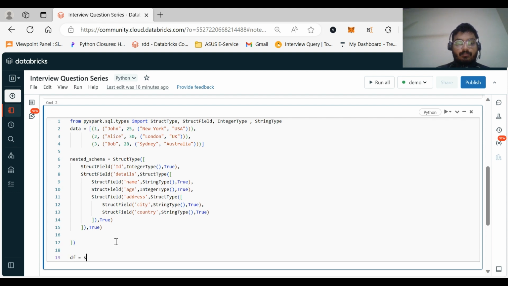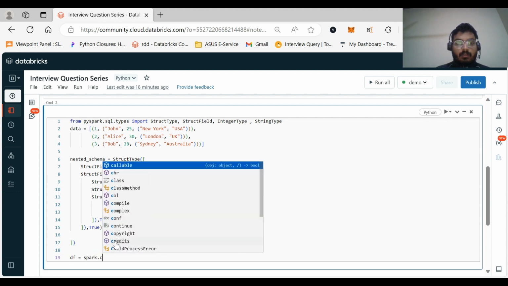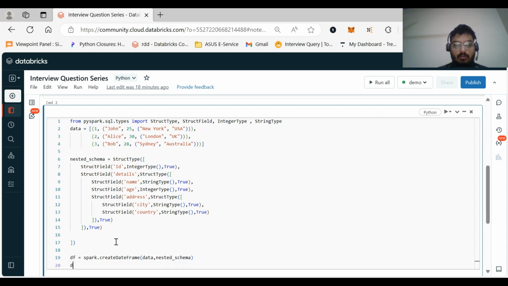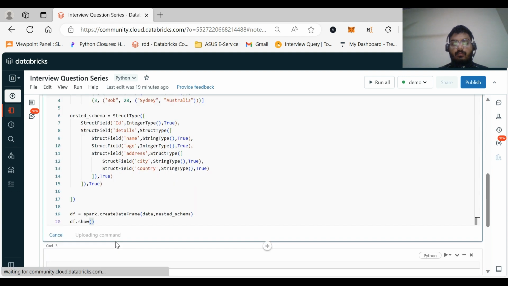It is equal to spark dot createDataFrame, yeah, let's pass the schema, and let us also show.